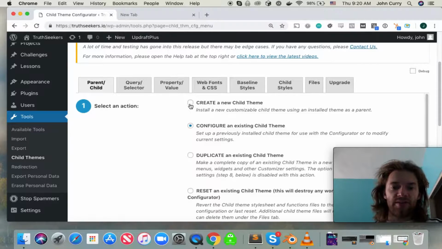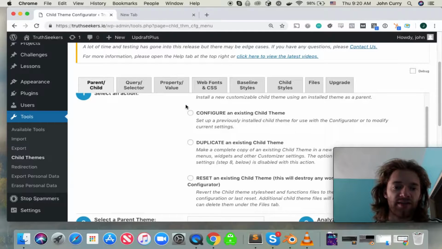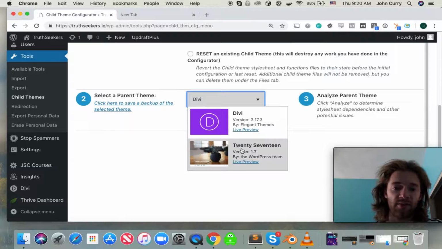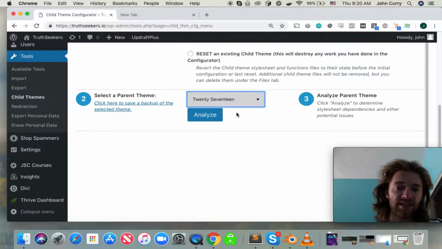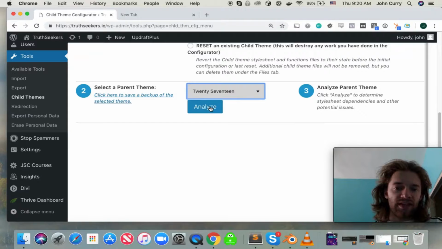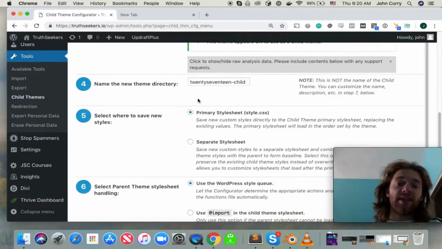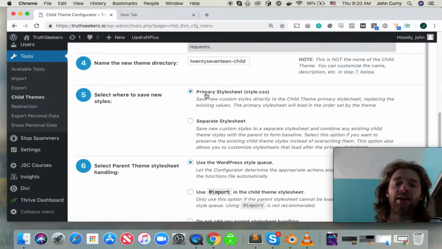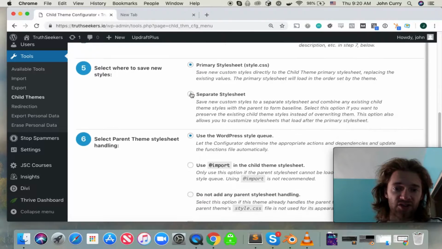So assuming you don't have a child theme, we can hit create a new child theme, and then you select the parent theme that you want to get the child theme from, and so we're going to be doing 2017, and we'll click analyze. I wouldn't mess with the name because this is the general format that everybody uses, so it just makes it easier. It's just the parent theme name, 2017, then hyphen child, as the naming format. And for where to save the styles, I would leave this alone, so I would keep this as primary style sheet,